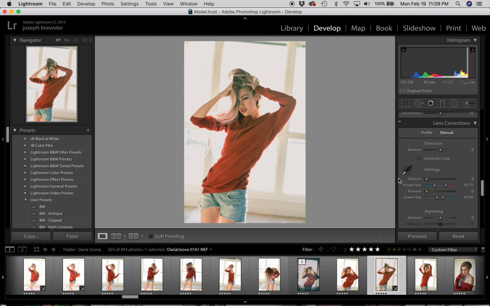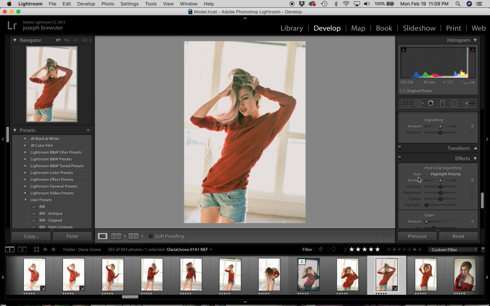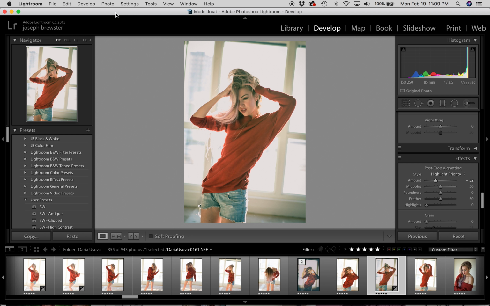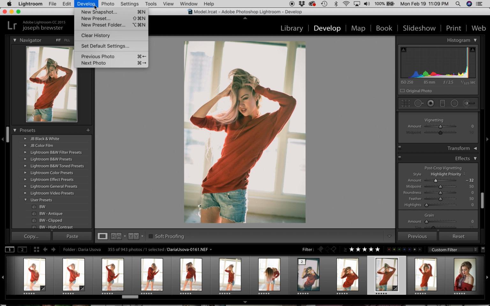So now I've made several adjustments. I'm going to go down and give it some vignette just for fun. And this looks quite different than it did at the beginning. So here we go. That was my original, and here's the changes that I made. What if I want to apply these changes to future images? I can do that using development presets, and there's some considerations when choosing a preset and saving a preset that